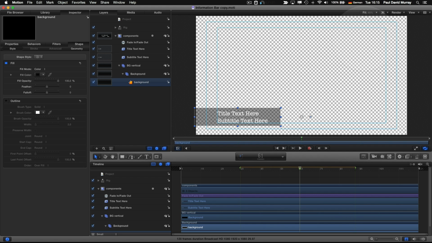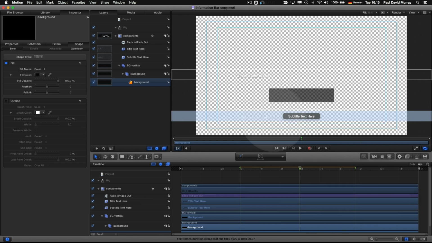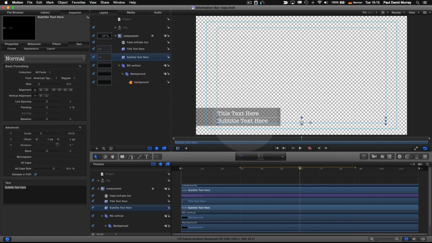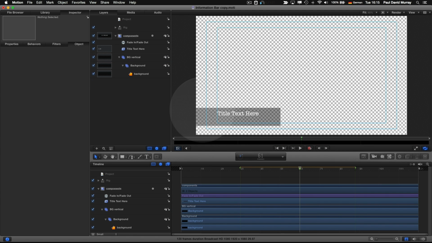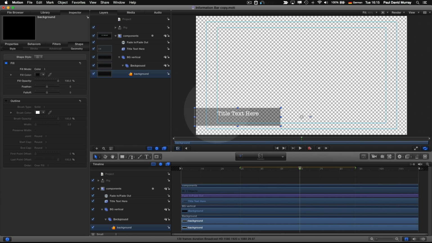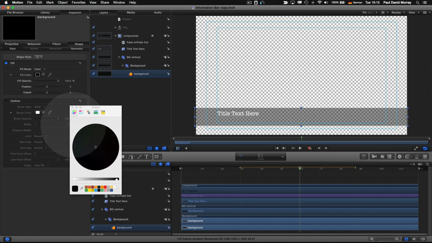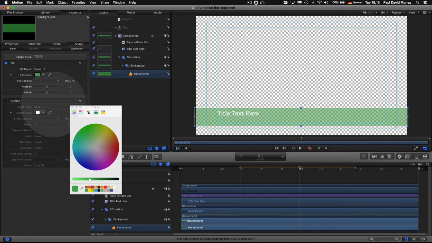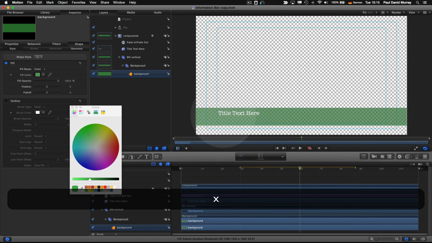So I'm going to come in here and I'm going to select this title here, the bottom title. I don't actually want that, and I'm going to select it and delete it. I'm going to come in here, I'm going to select that box, and I can do some of this editing directly in the canvas. So I drag this across to make it wider, and of course I do more detailed editing in my inspector here on the left hand side. So for example, I want to change the color of that bar. I'm going to make it green, for example,